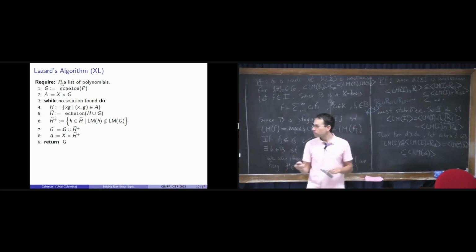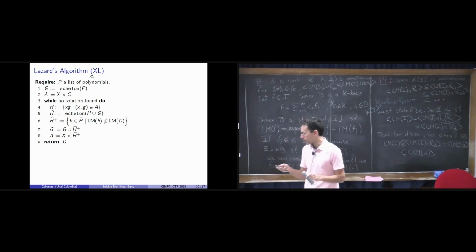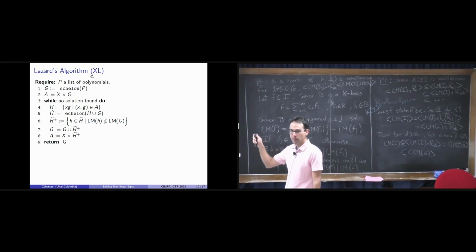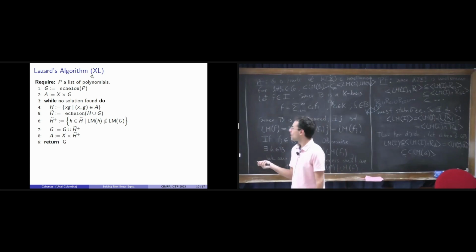I'm supposing that all the polynomials in P are of the same degree, so that I can consider one degree at a time in a simpler way. But this can be generalized. So let's suppose that P is a list of polynomials, that they are homogeneous and they are all of the same degree. And then you consider pairs of variables and polynomials, and while no solution is found, take each polynomial